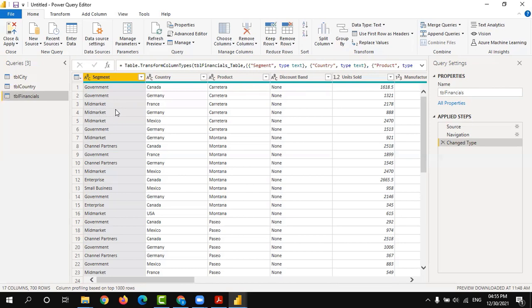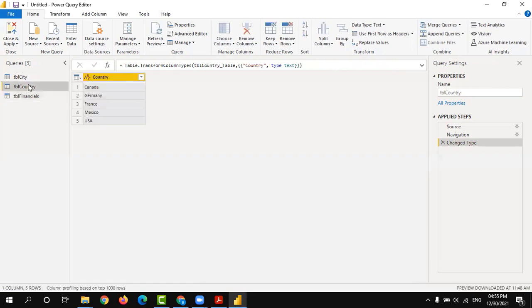So in which country we sold, which country our business is highest in, and which country our business is low in. We need to compare this data.